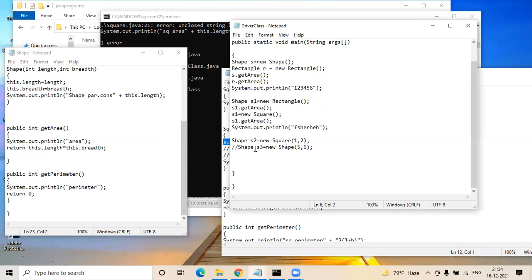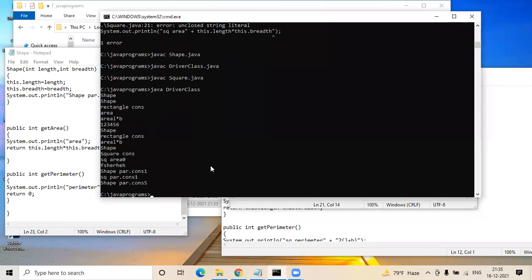So in my shape, let me do this one and have this. So now if I'm invoking my S3 dot get area, I'll compile the driver class again.